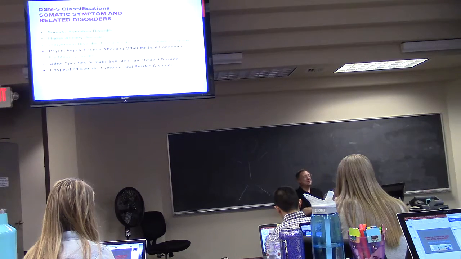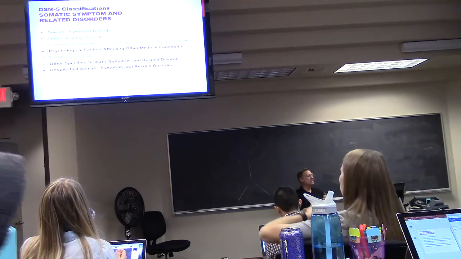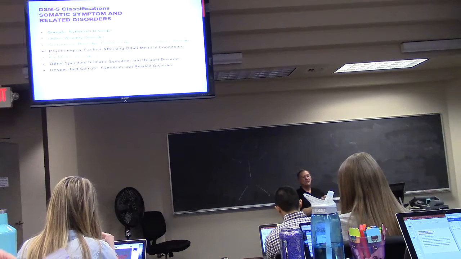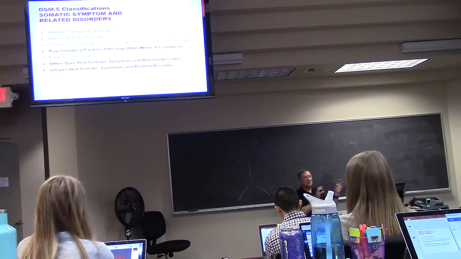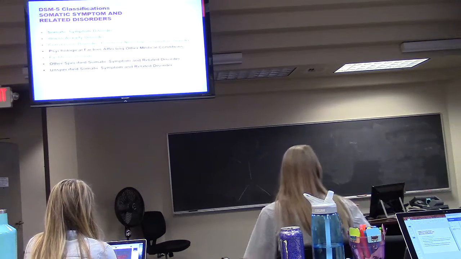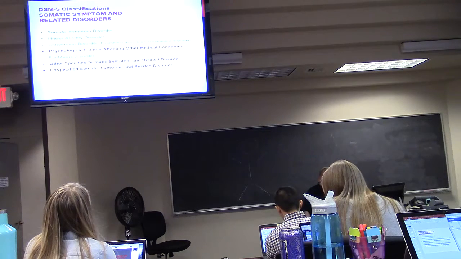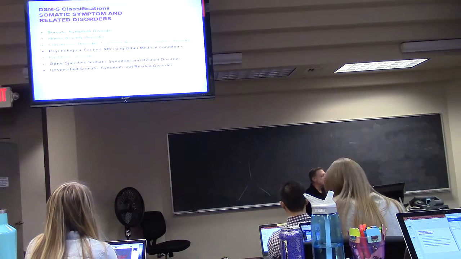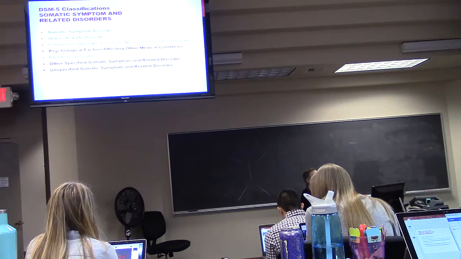So in DSM-5, the category, and this is a new one for this go-around, is somatic symptom and related disorders. They've done lots of modifications over the past number of years, consolidating and better defining and naming these disorders, because they've changed names a little bit from what they used to call them even several years ago. So I'm going to bring you up to date and give you some of the older words so you can see what those are, because the older practitioners will probably use the older terms, but there are definitely newer terms out there.